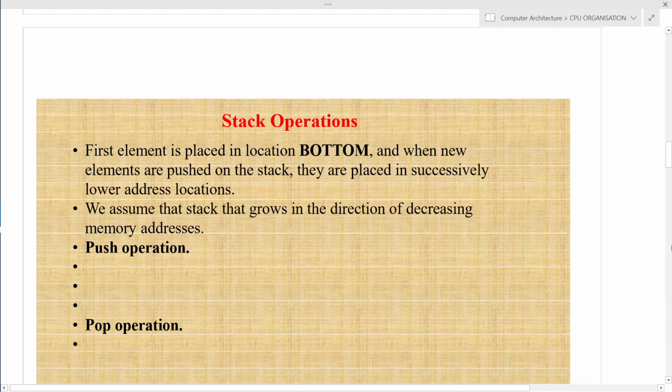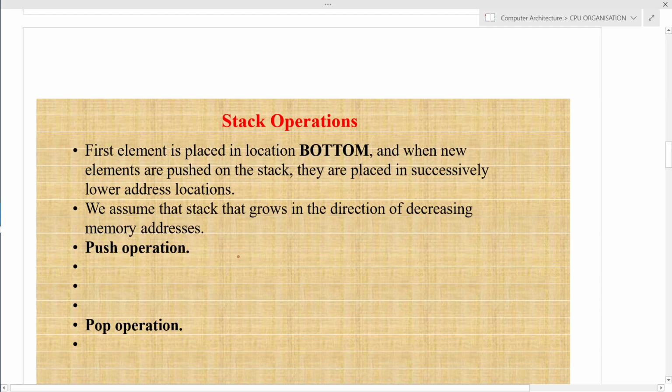So let's start with the first operation, the push operation. Push means we insert one word or element into the part of memory that we have defined for the stack. Initially there is a value in the stack pointer.